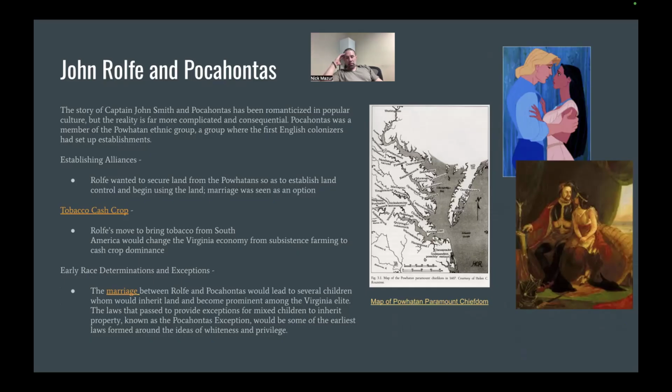John Rolfe has a charter from the king. He has an opportunity in which to get land, right? But he needs to make alliances. And so the best way to make alliances is to make friends with your enemies, the native element there. Well, one of the best ways to do that is to make an alliance, marry one of the people. So that's exactly what he does. John Rolfe marries Pocahontas. And they marry because what John Rolfe wanted to do is he wanted to be able to access land that he could develop into a cash crop of tobacco. In order to do that, he needs to secure the land, but then he needs the labor as well.